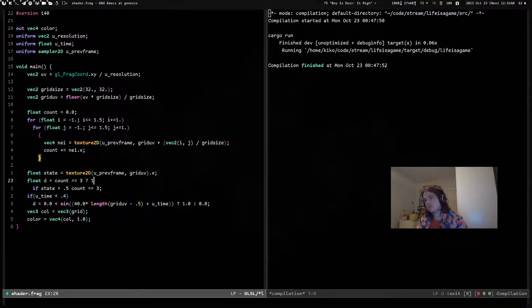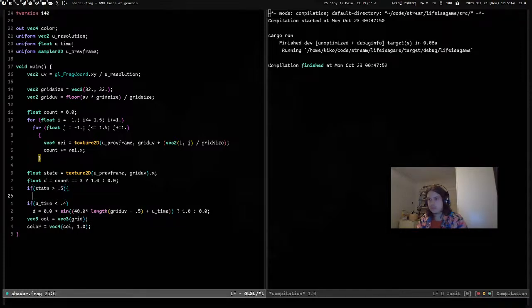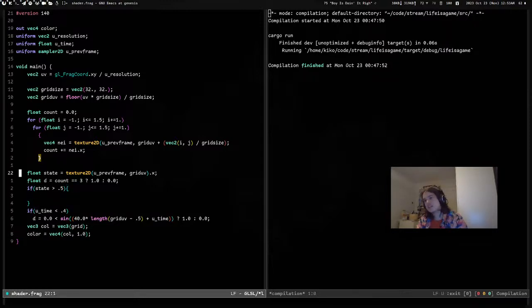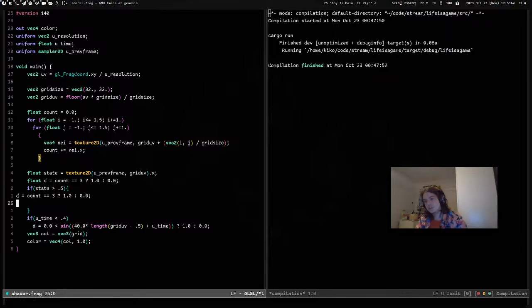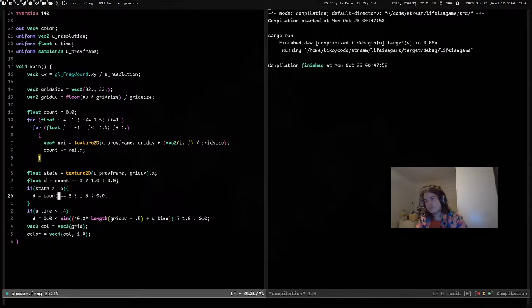So here we can like straight up do this. And then what we can do, why did that tab itself? Because it probably didn't. Okay, so if our cell was alive last thing, we do the same. Actually, we can do this and then